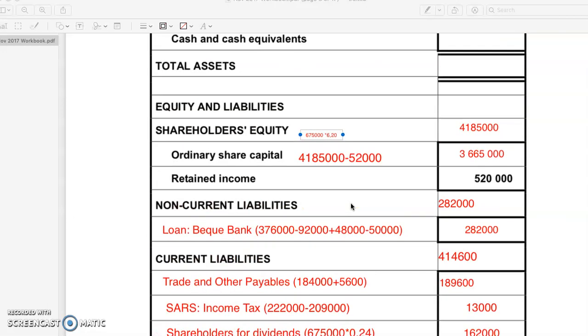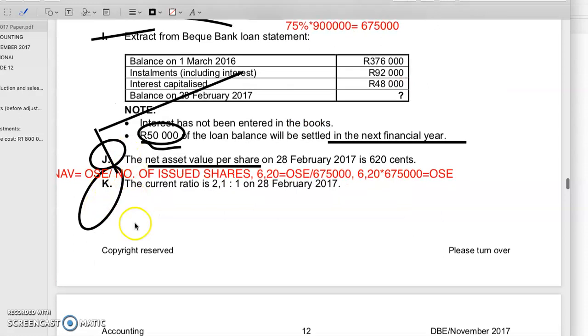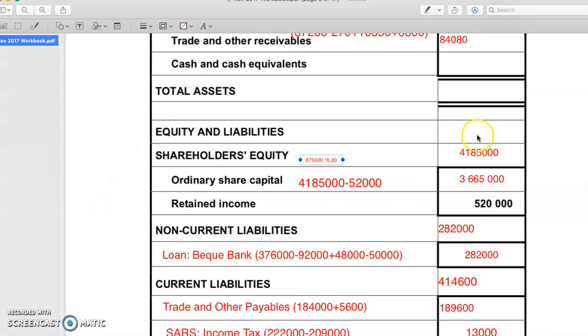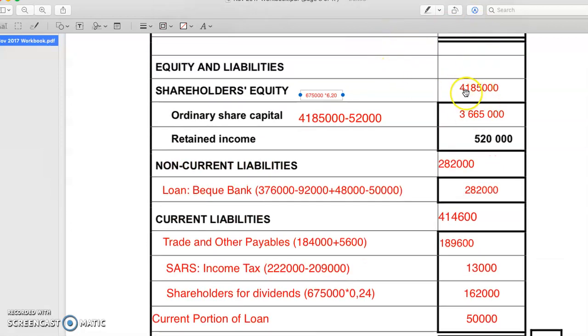Okay, guys, wow, we're almost at the end. If I'm not mistaken, we only have K left. But before we go ahead and do K, we now see that after we calculated our shareholders' equity, we can